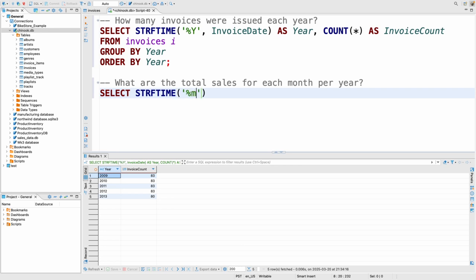So the percentage %m extracts the month. Percentage %y, which is this year, extracts the year, right? So now we're extracting the month and then year. And then our column is invoice date as month year,